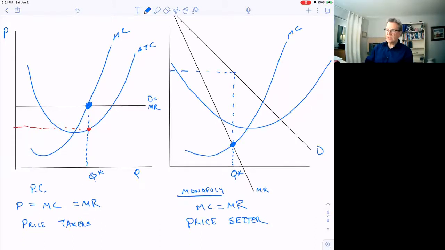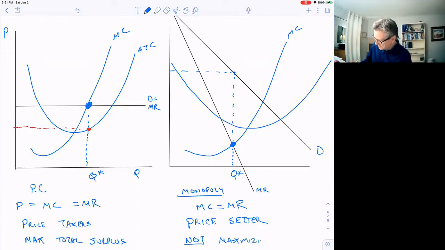Under perfect competition, we maximize total surplus. And under a monopolist, we're not maximizing total surplus. Surplus is less than the maximum. Turns out that there are some inefficiencies here. The market isn't real efficient